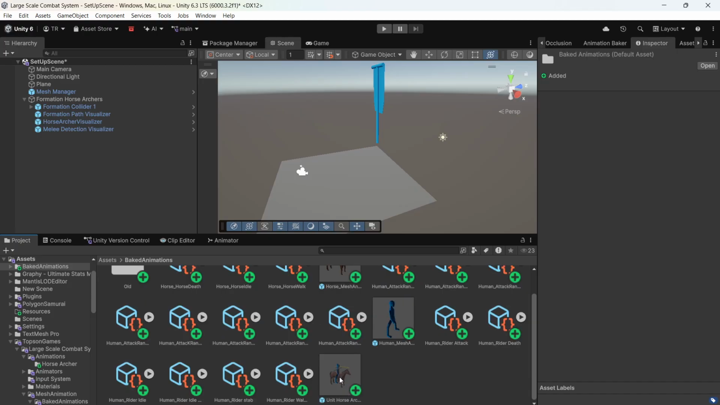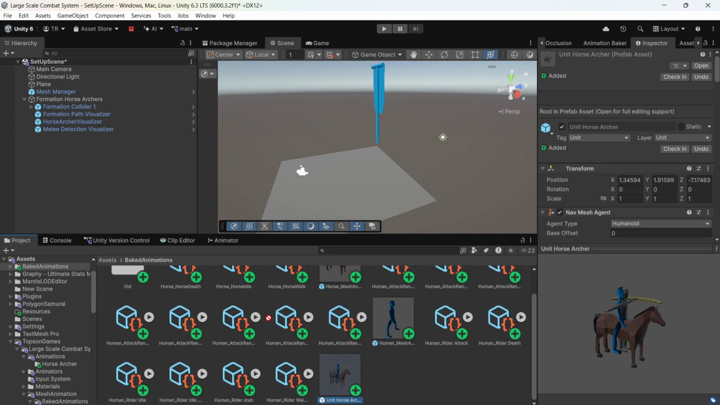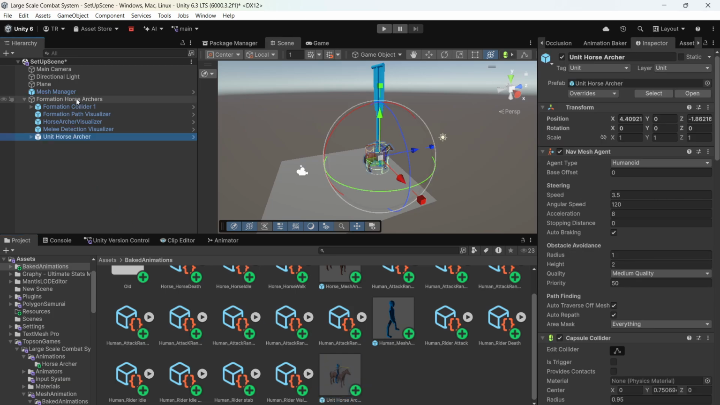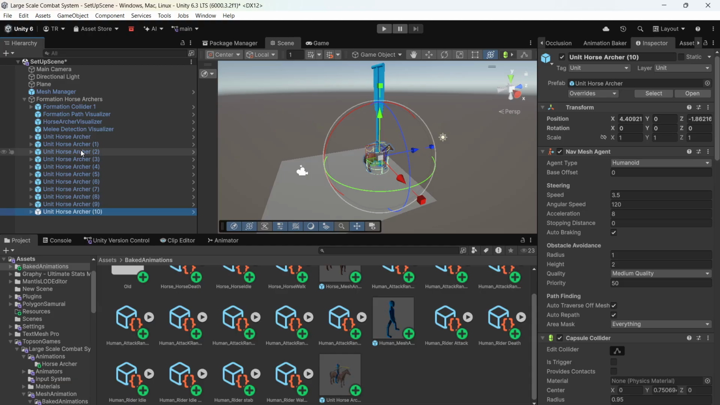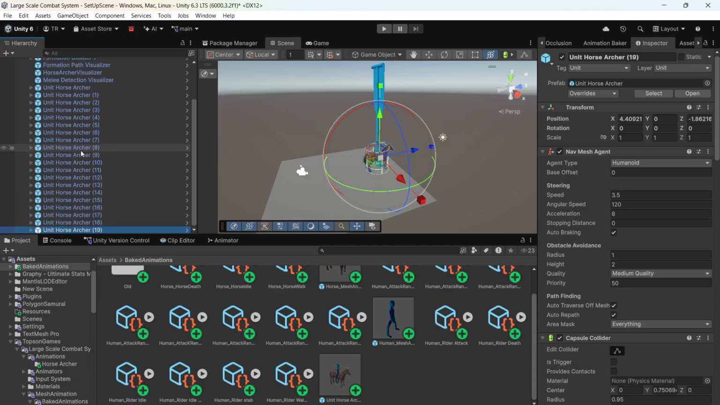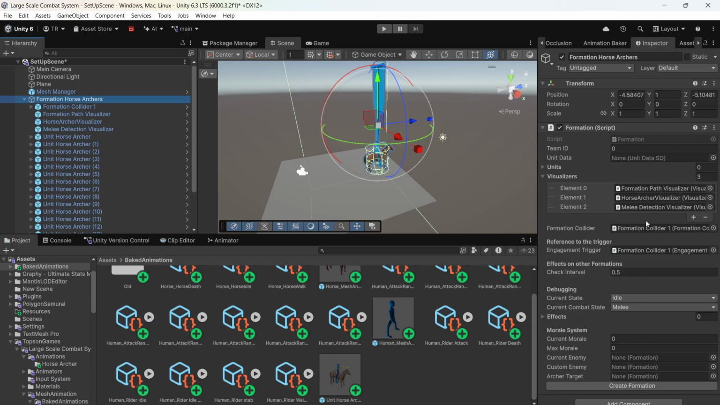So what we do now, we take our horse archers, add them as a child of the formation, and duplicate them as often as we want to have actual units in the formation. So let's say we want to have 20 units. Now we have 20 units there. Now that that is done, we need to go